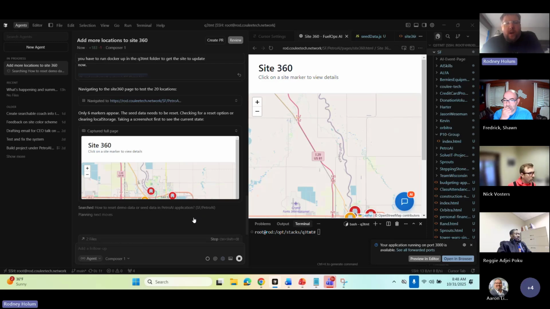And now, right now, what it's doing is it's searching through the whole code base to try to find out how do I reset this data inside of here. And hopefully it doesn't plan too long, of course, but sometimes it'll take 30 minutes where it'll just sit there and go back and forth.